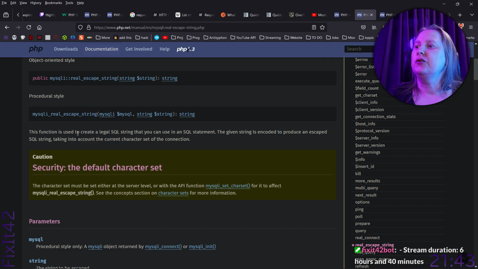This function is used to create a legal SQL string that you can use in an SQL statement. It's encoded to produce an escaped SQL string, taking into account the current character set of the connection. So it's not really